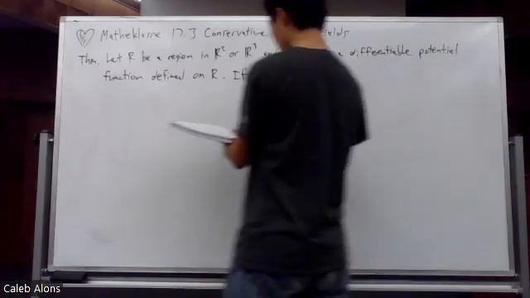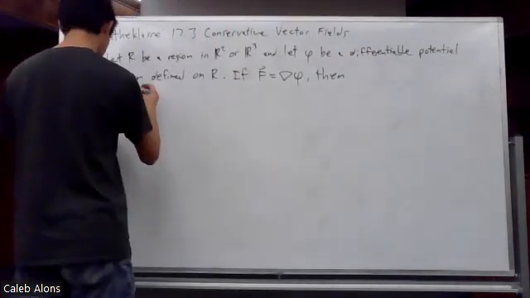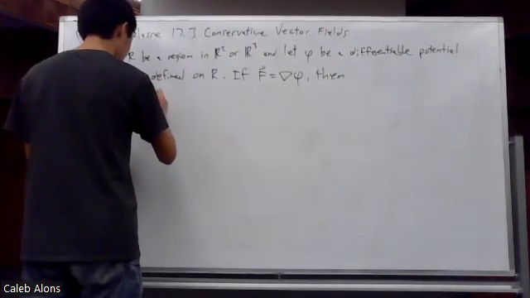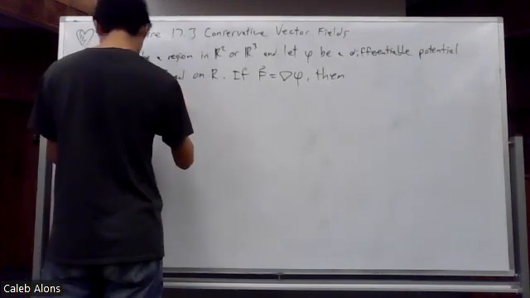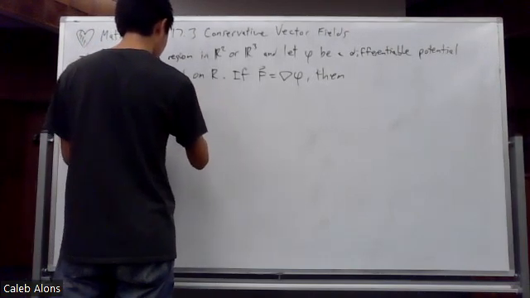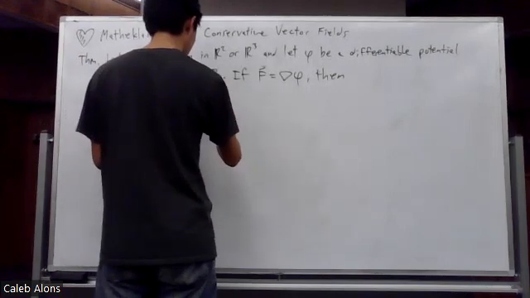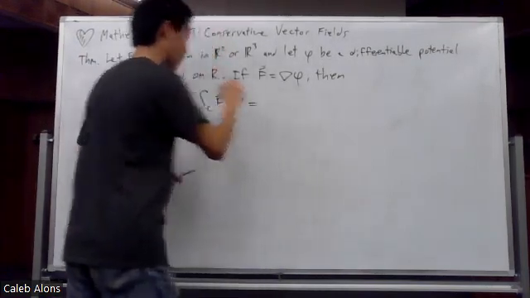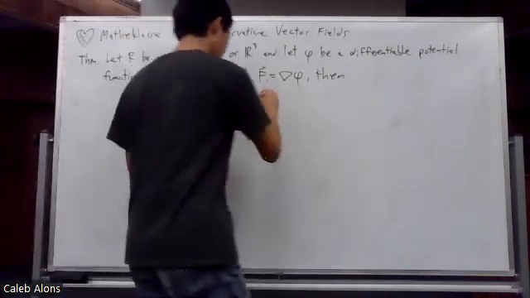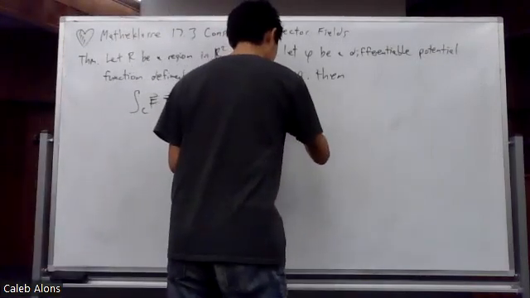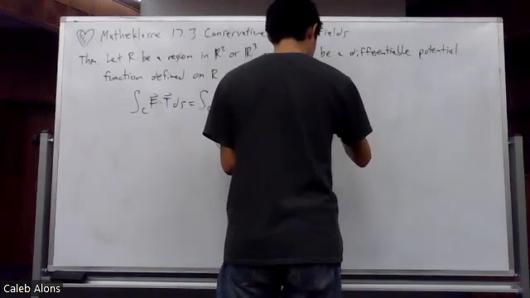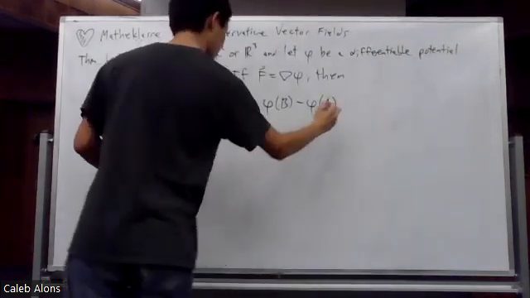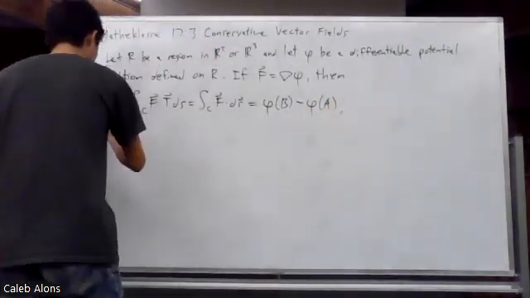Then we can actually evaluate a line integral in this conservative field, F dot T ds, which we showed to be F dot dr, so it might be presented in either way. We can evaluate it as the potential function at the ending point minus the potential at the initial point, for all